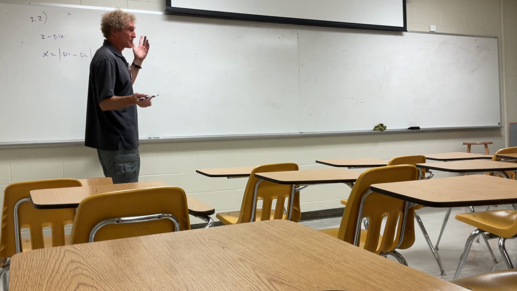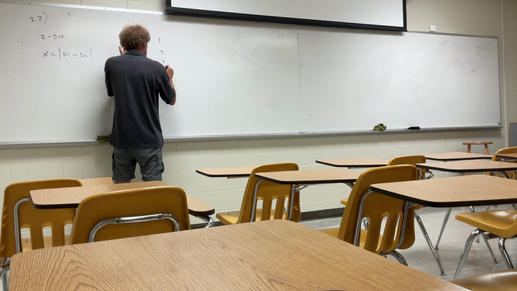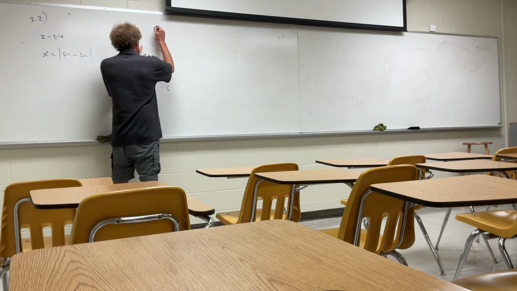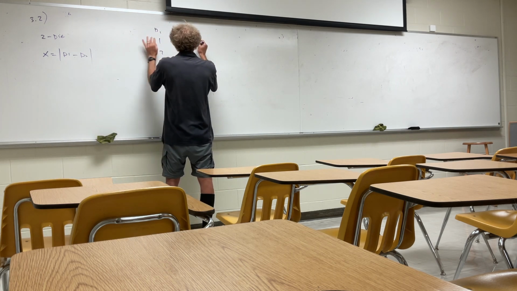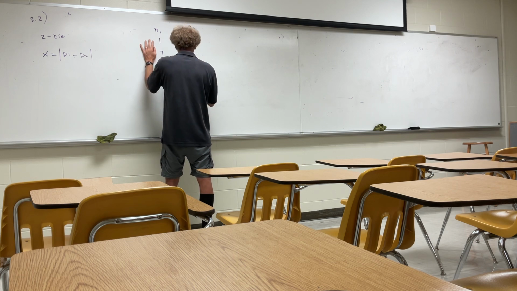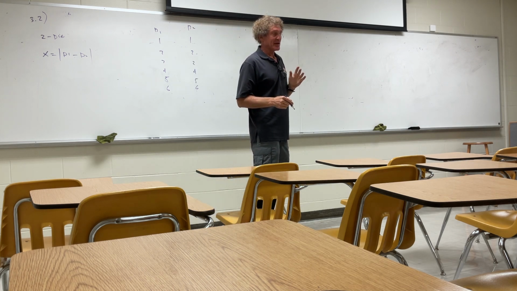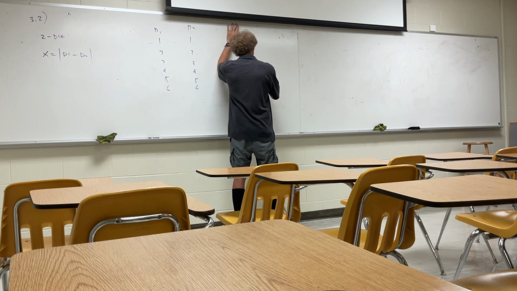So let's go through the possibilities. Here's die 1. I can get 1, 2, 3, 4, 5, 6. Do you agree with that? Call it die 1. And then die 2. Now I can get 1, 2, 3, 4, 5, 6. Yesterday evening when I was doing this, I said, well, let's see all the possibilities.